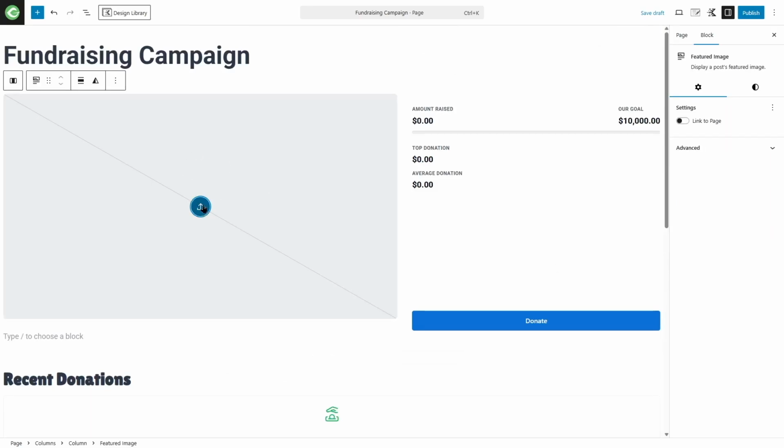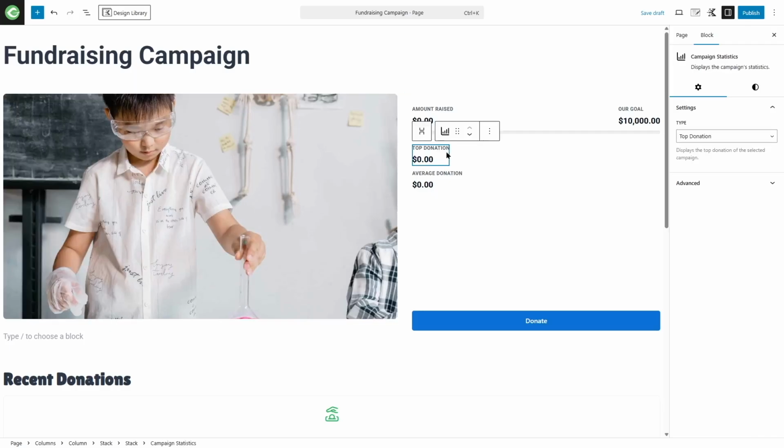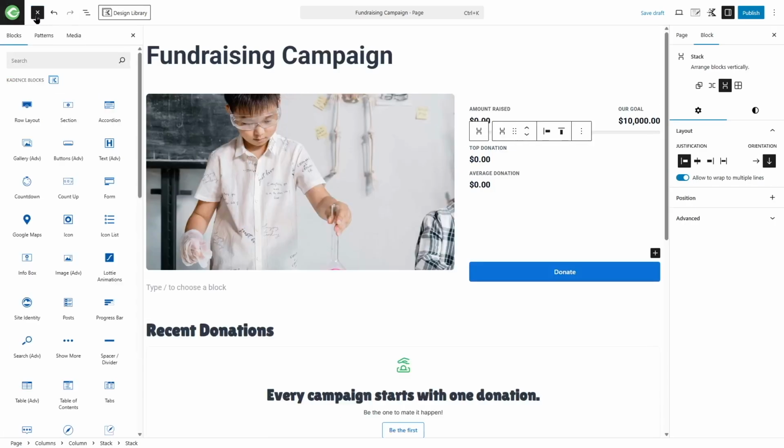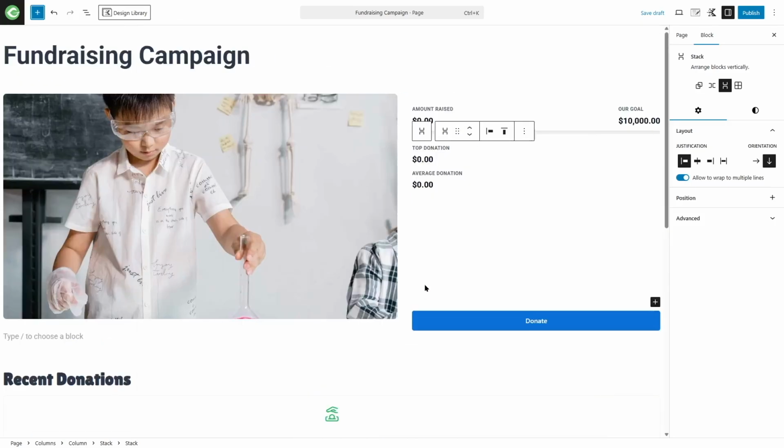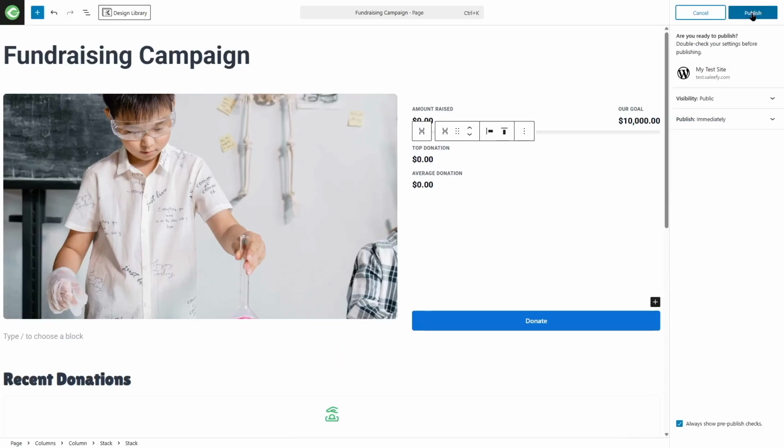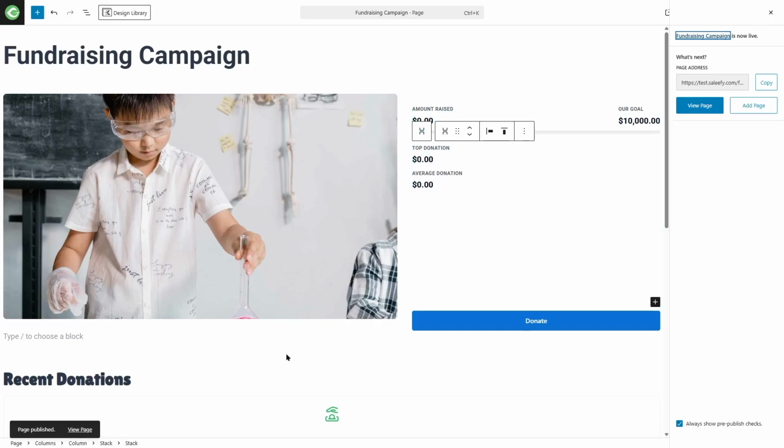What we want to do is simply add a picture over here. And if you want, you can also expand this section over here and add new blocks and customize this design yourself to make this page completely your own. But we actually are happy with the design, and we're going to click on this publish button. All right, the page has been published. Now, if we click on view page,